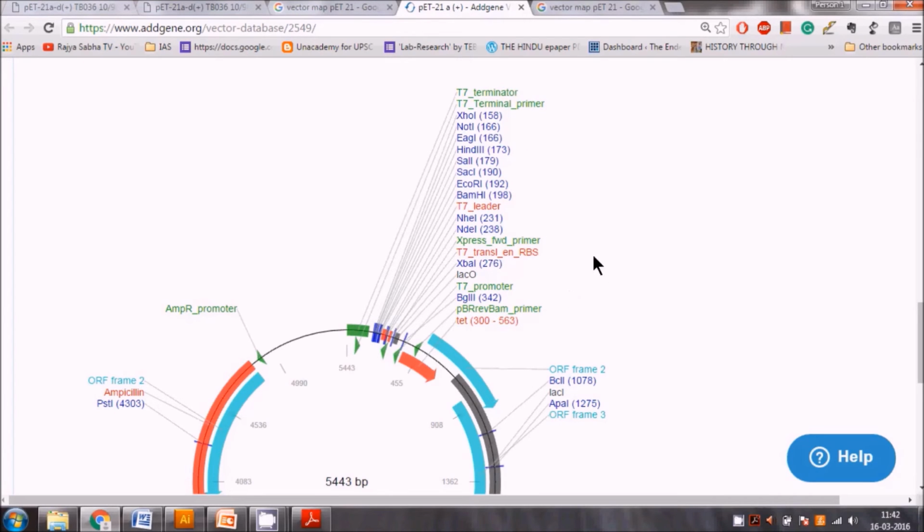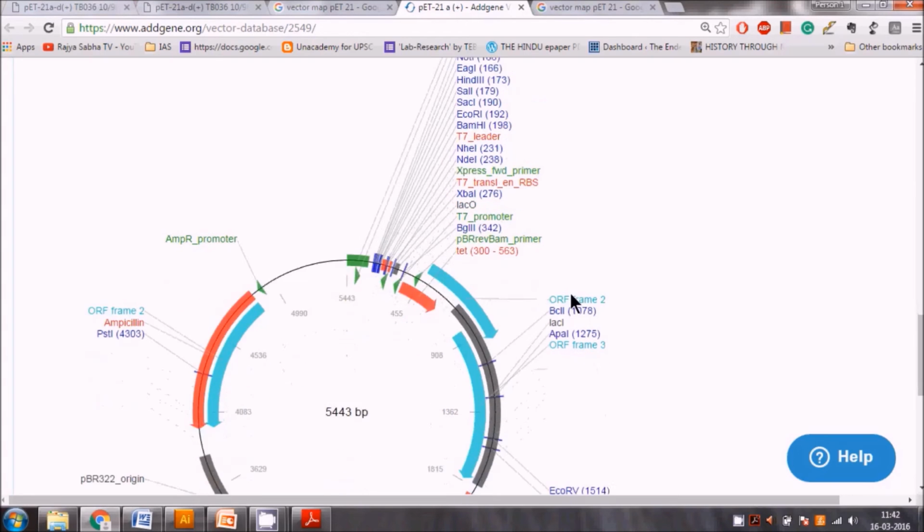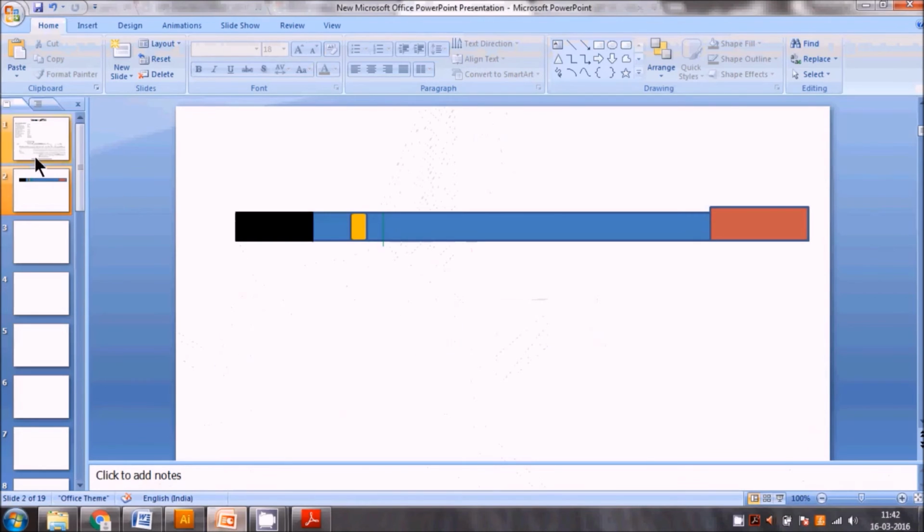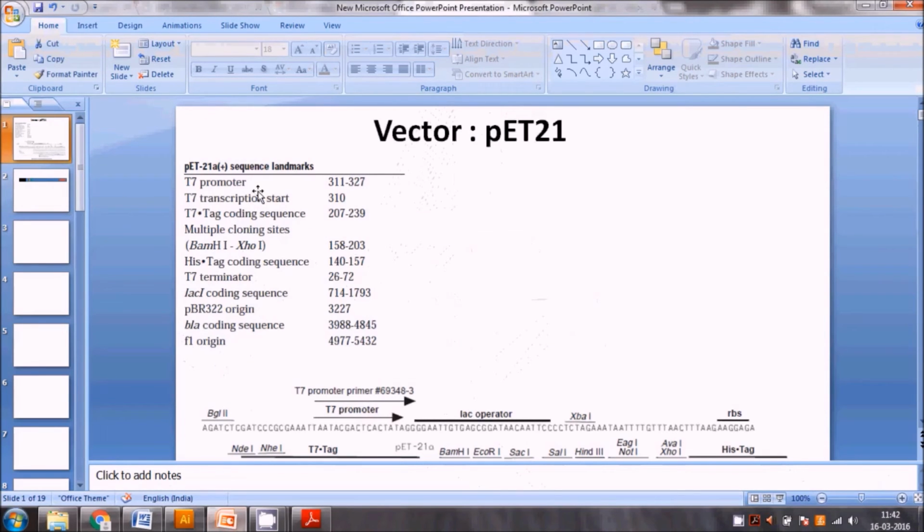So this is the perfect thing where you can put your gene. This is general information for a vector for you. I will also explain something here. The BLA coding sequence is for the antibiotic. It has the origin, the lacI encoding gene, a terminator, a His tag, and a multiple cloning